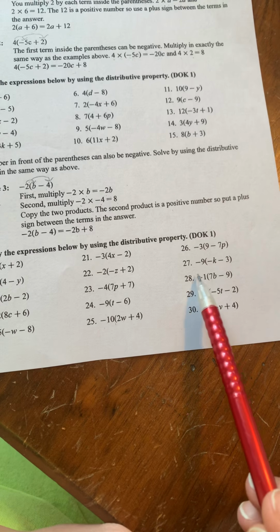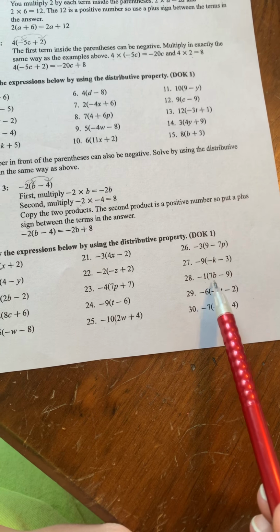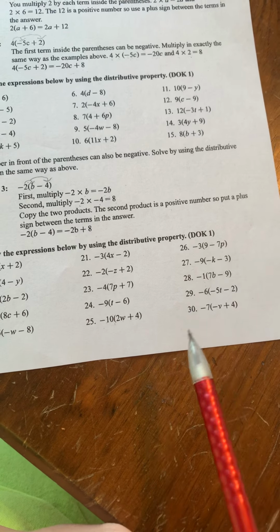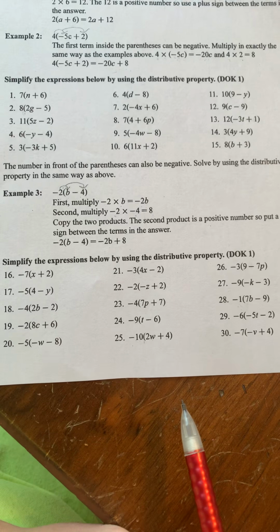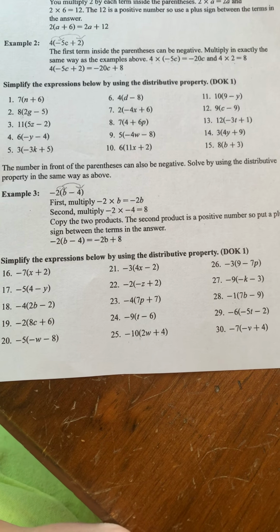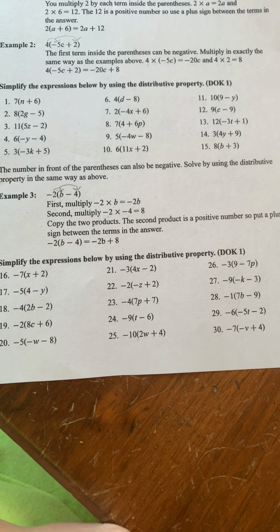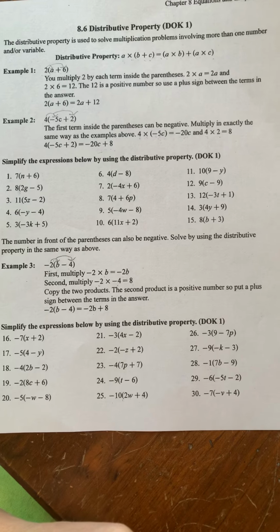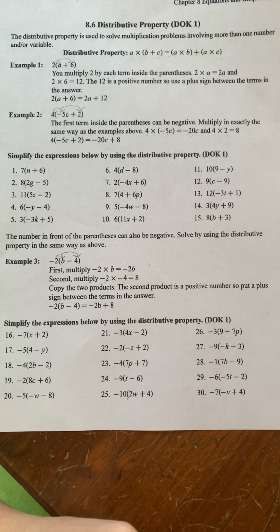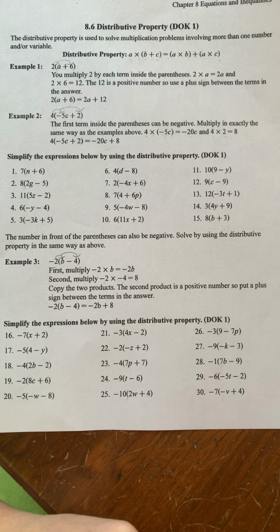Don't let 28 trip you up because it is a negative 1. So the actual number may not change, but pay attention to your symbols, okay? Just remember your rules for multiplying positive and negative numbers, okay? So you're going to complete numbers 1 through 30. We've done 4 examples on this,